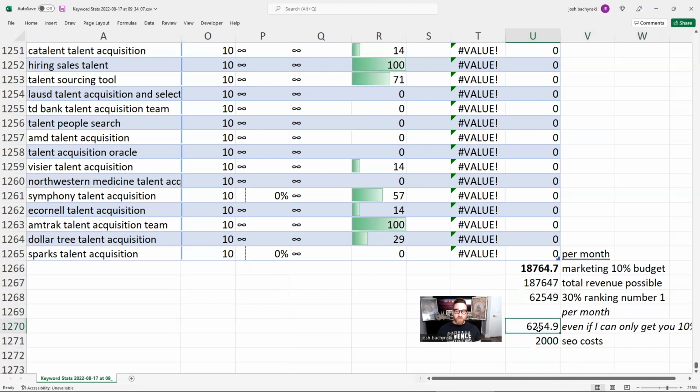They're still making $4,200. Even if you're sucking it, and you're like, oh, I'm really messing up this month. My SEO pick is broken. I'm trying all my tactics, but it's not getting the results I want. Of the $187,000 I could acquire for them per month, I only made them $10,000. Okay, well, you made them $10,000. All right, you made them 5% of what was possible in total, but still good money, and you're still showing value. And at that point, a 20% payment on that isn't so weird.